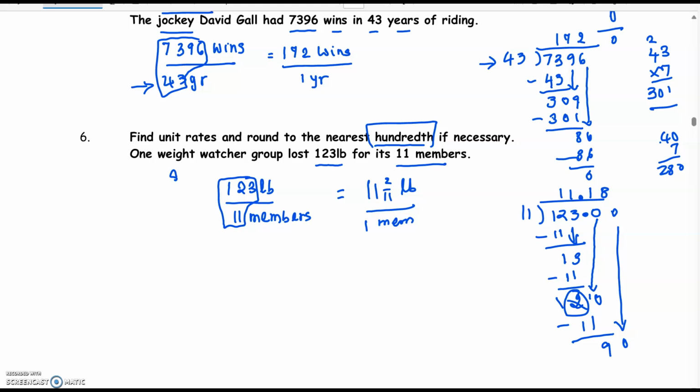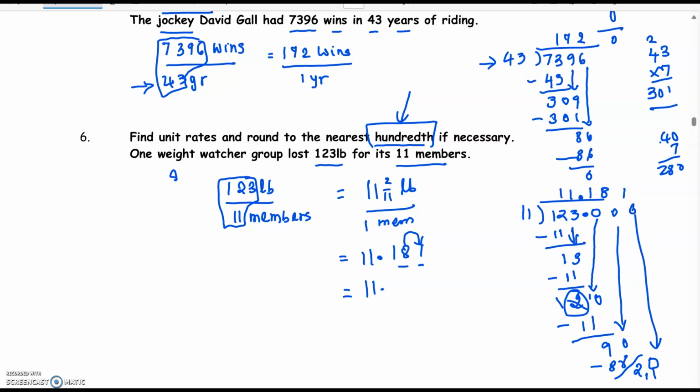11 eighths are 88. Subtract to get a 2. Bring the next 0 down. 11 ones are 11. And it keeps recurring, but I don't need to calculate any further, because I need to round it to the hundredths place, which means I just need to know up to the thousandths place. Since the thousandths place has a 1 in it, and this is my hundredths place,